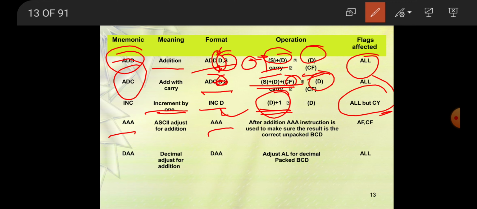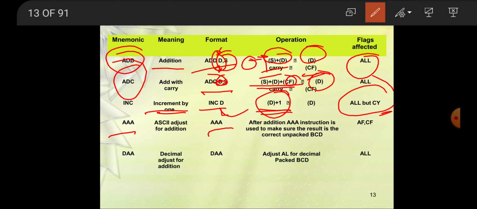Now DAA, that is decimal adjust for addition. The format is DAA. It adjusts the AL for decimal packed BCD. So this is how these instructions can be used. I will show you these examples while programming: how AAA and DAA can be used, and what BCD is.